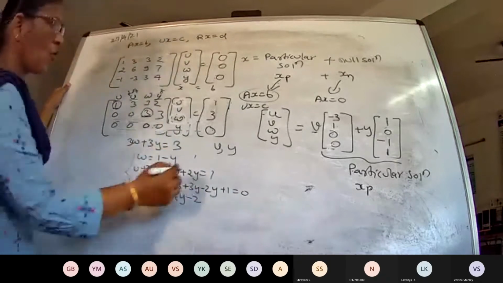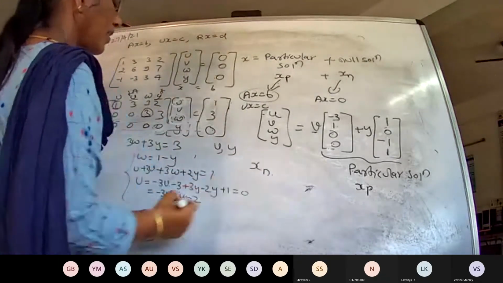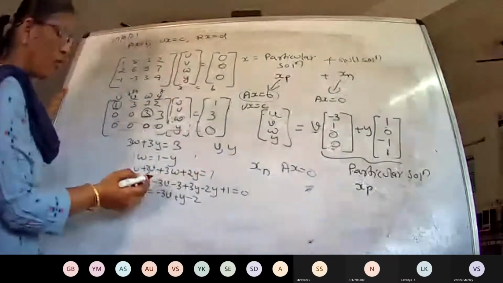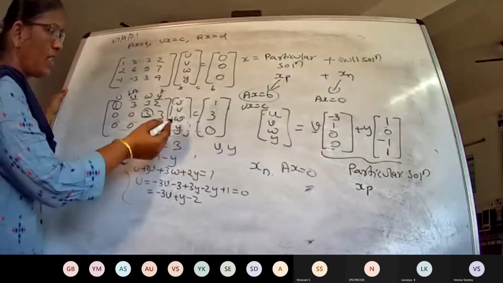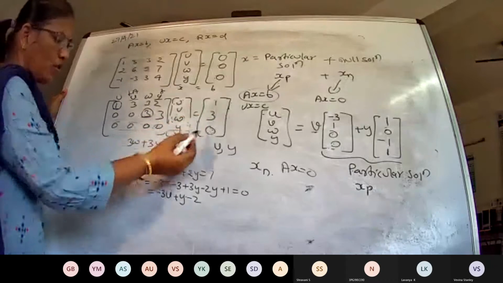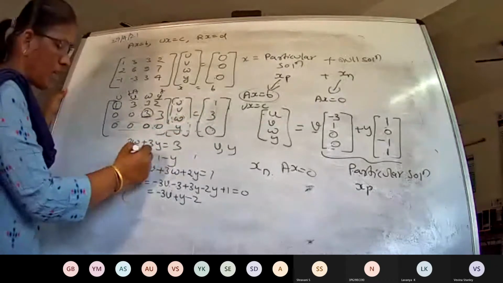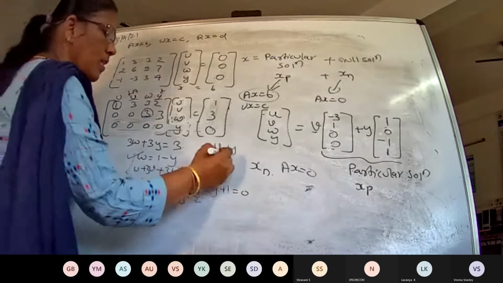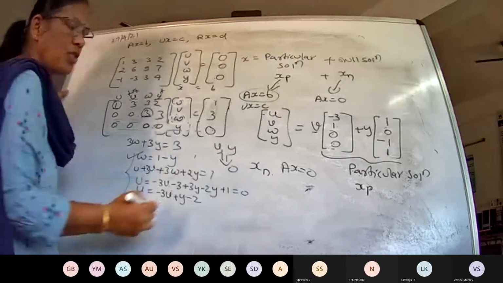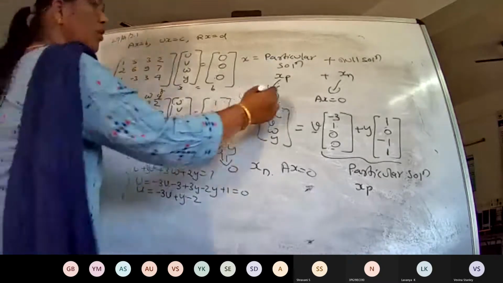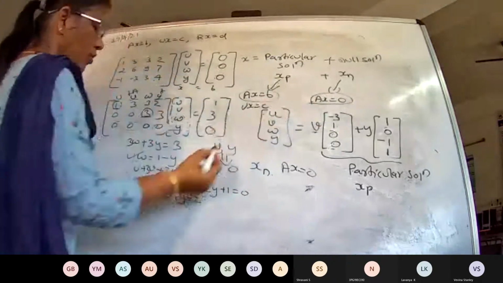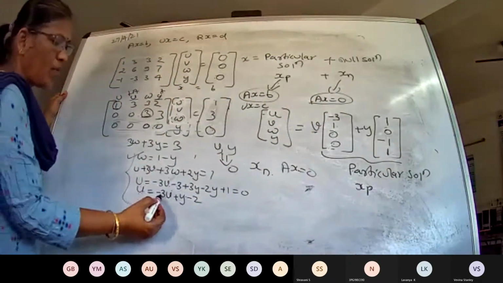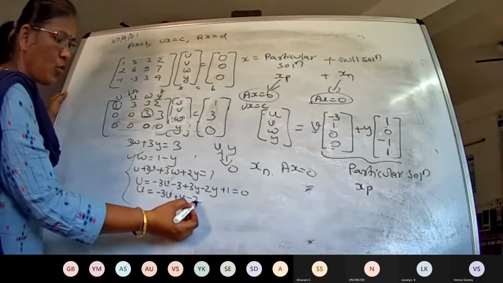From this expression itself, we will solve xn, that is the null solution, that is Ax equals 0. How you can solve it is, instead of making it zeros, from this pivot expression for w and u, substitute the free variables equal to 0. So for Ax equals 0, you have the expression w equals 1 minus y and u equals minus 3v plus y minus 2.